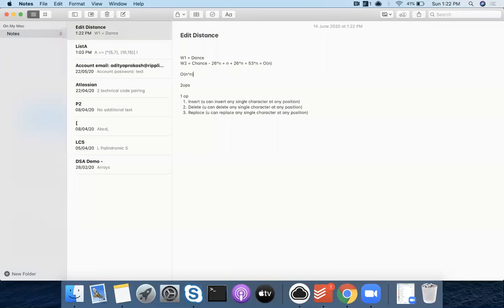But for what operations are you talking about? Insert, delete, and replace only, right? Yeah, I will do all possibilities. At every step, I'm generating all possible solutions on one operation. And for all of these possibilities, I repeat it again for one operation, again for another operation. The moment I get dance, I stop. So I don't look at any other possibilities because that is the lowest possible way in which I can generate it. Make sense?